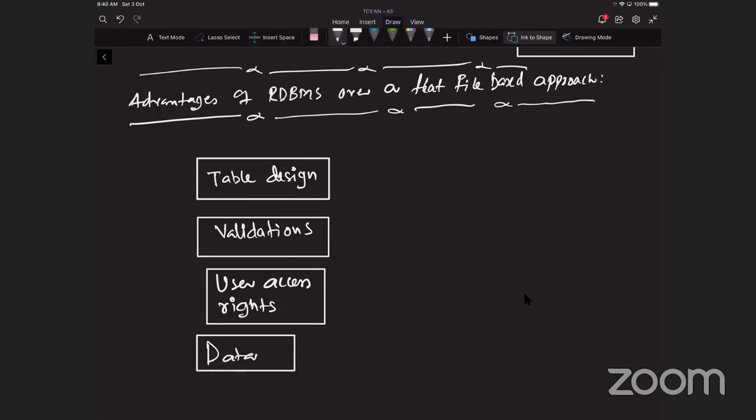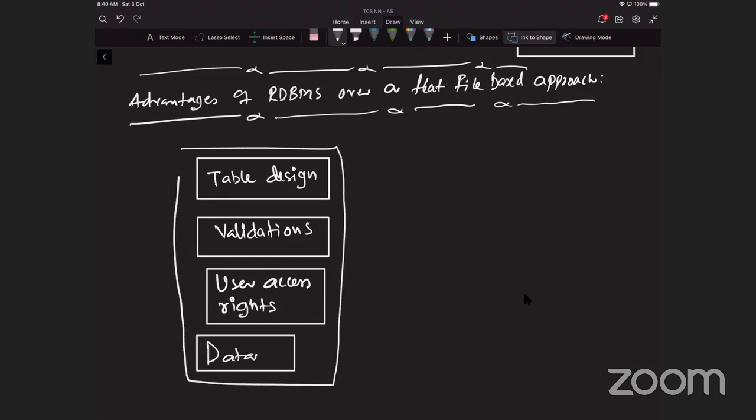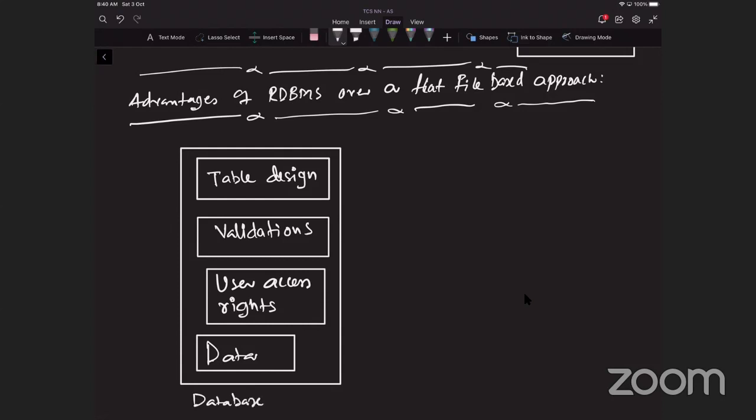All of it in a system. And from that system, we write applications. So data is maintained separately in a database. So this is a database system, a relational database management system.